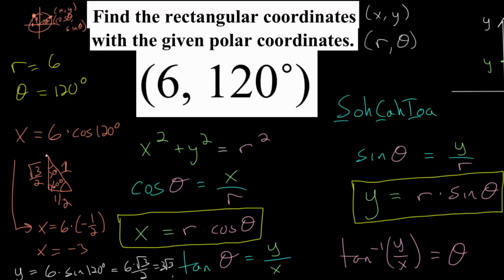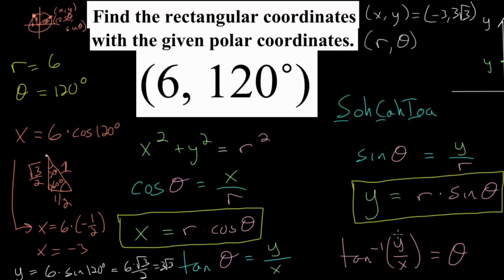So we found x and y. We now know that x is -3 and y is 3 multiplied by the square root of 3. And we can check this in several different ways. We can actually use our other two equations here. If we plug in x and square it and then add that to y squared, we will get 6 squared, or 36. And likewise, if we plug in y is 3 root 3 and x is -3 into this formula here,